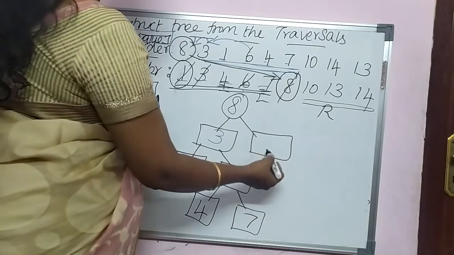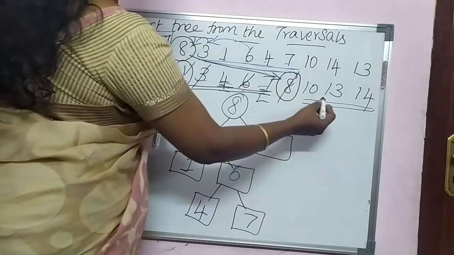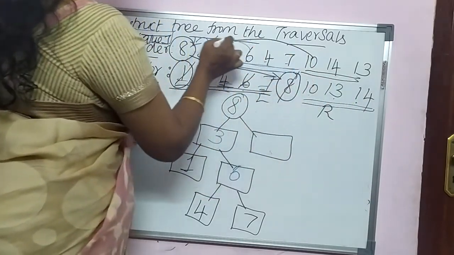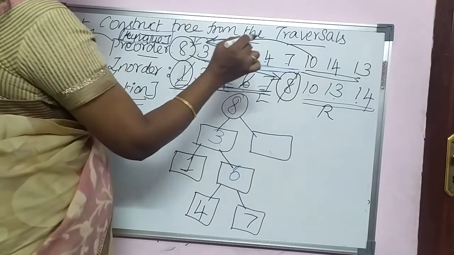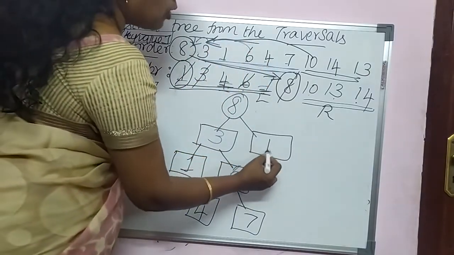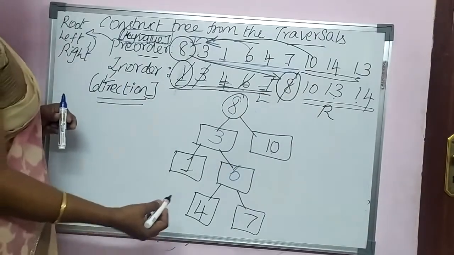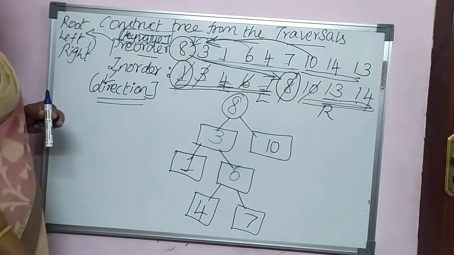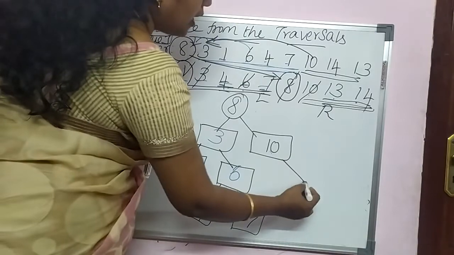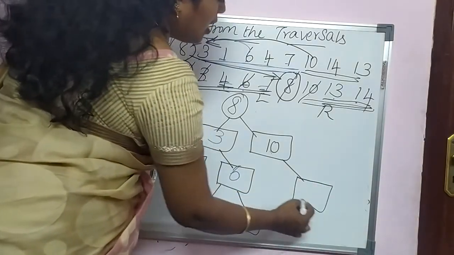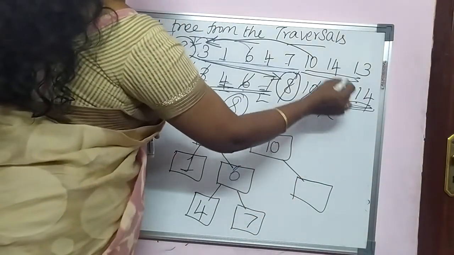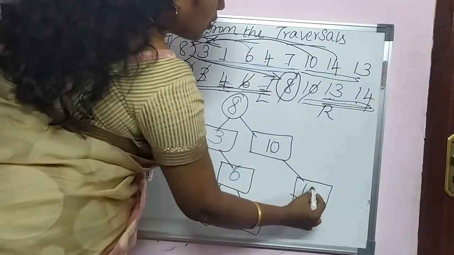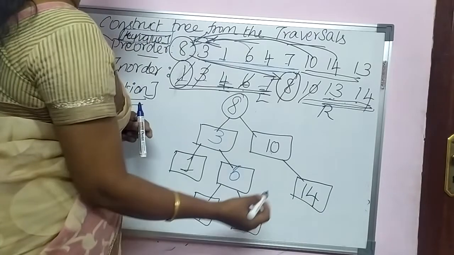So again, you want to identify the element over here. Then 10, 13 and 14. Out of these 3 elements, 10 is the one which is close to 8 compared to 14 and 13. So I am directly going to place the value 10 on the right side. Just write it out, and these 2 elements again have to be placed on the right side of 10. It is not containing any left child. So again you just compare 13 and 14. 14 is close to 8. So 14 is the element you take as the right child of 10.